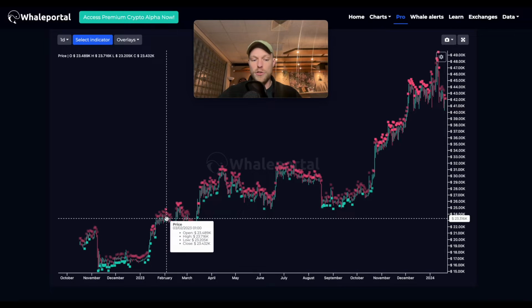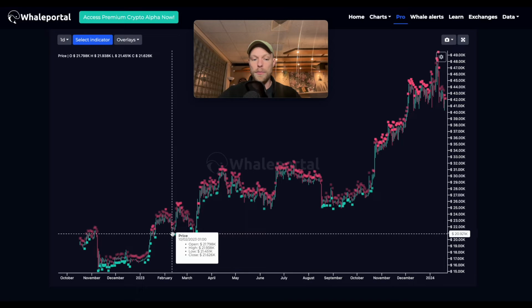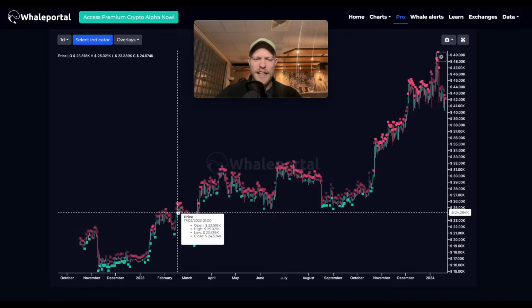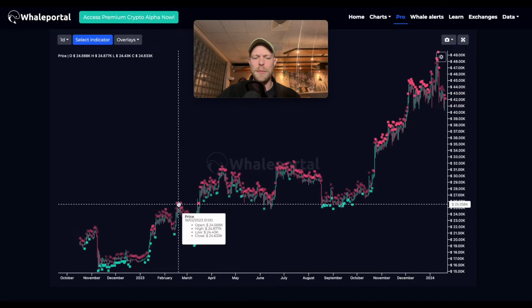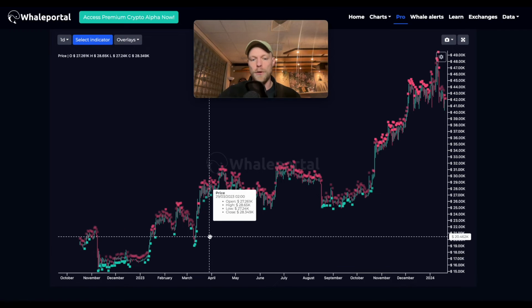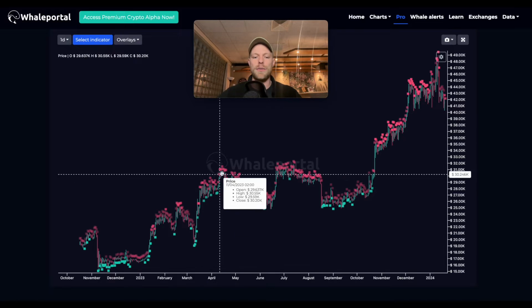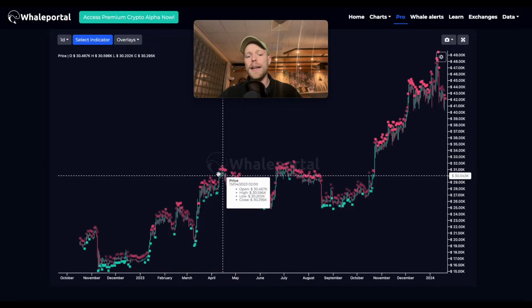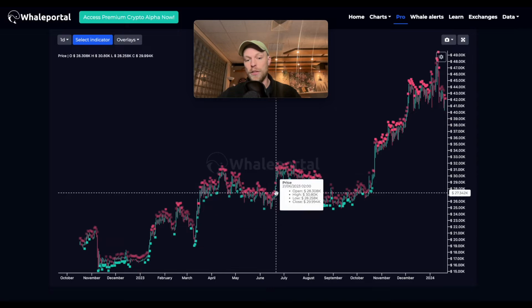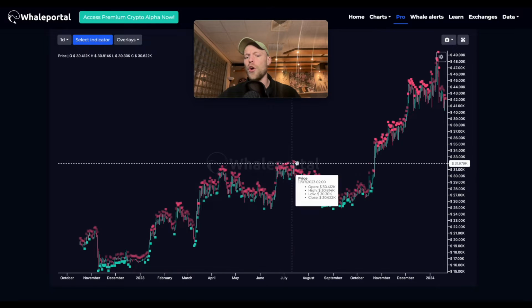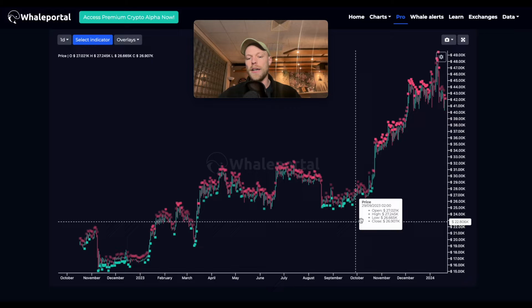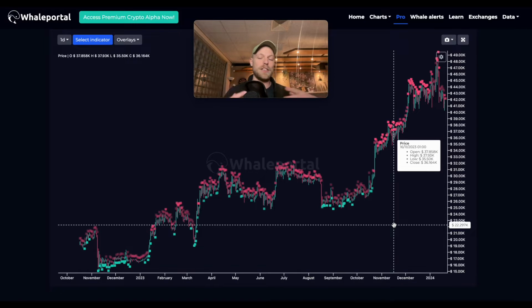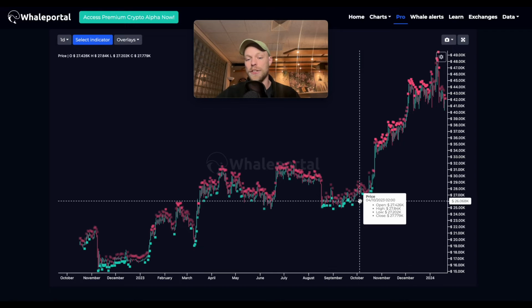Here we have a sideways range with a lot of red, move to the downside, right? Until we have green, move to the upside. Reds get a little bit more intense because there is a little bit more selling pressure right here. Price moves down. So here we can also see generally the red is getting more intense, and the more intense the red goes, the higher the likelihood basically is that Bitcoin is going to see lower levels. Here we can also see a very long period of red, and the price eventually goes down until we have a period of green,